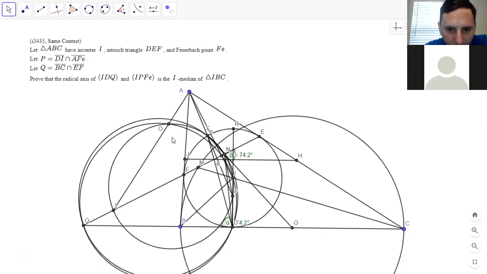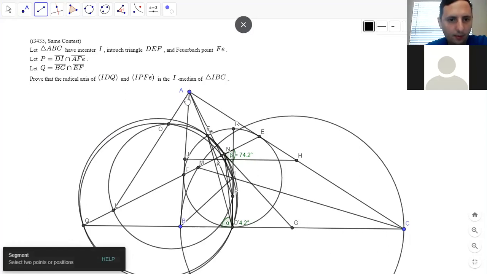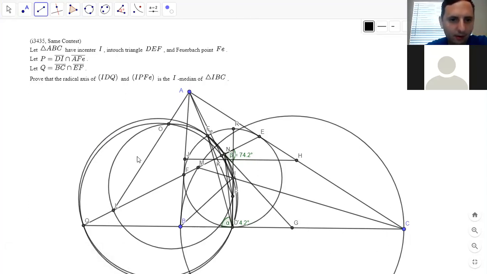PNL is anything special about point L? Apparently A, O, and L are collinear. I'm not sure why, but